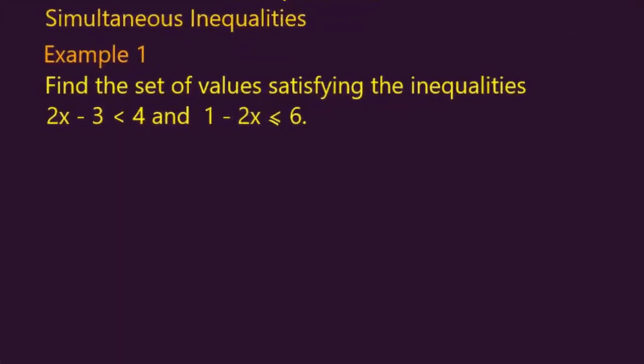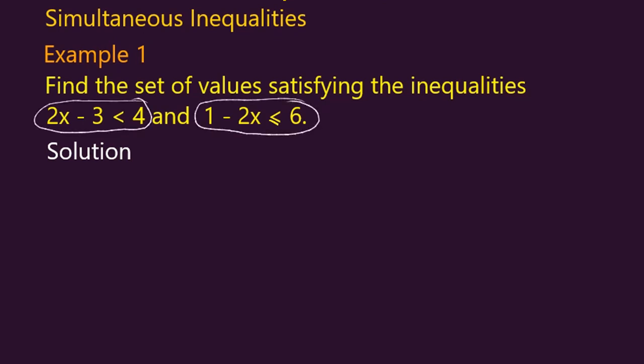Let's go on to the solution. You can see from our example that we've got two linear inequalities that we call simultaneous inequalities, simply because we want to solve them at the same time so that we can come up with a single set of values satisfying both inequalities. Alright, so I'm going to solve each one of them, starting with 2x minus 3 is less